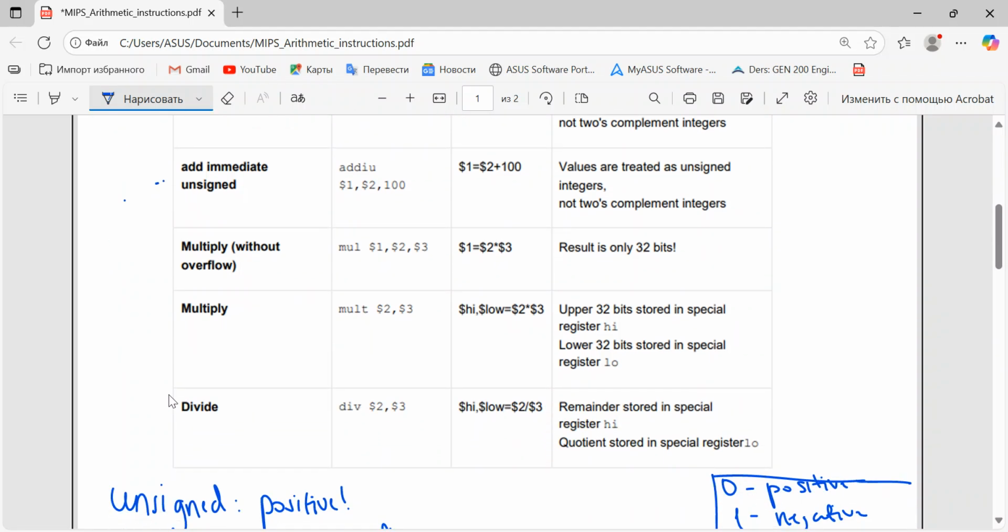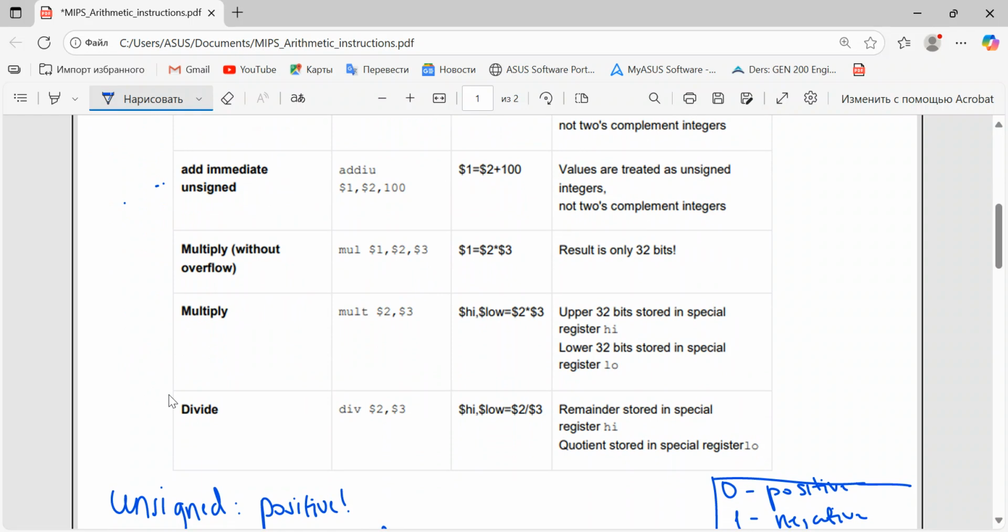Okay, multiply without overflow. It means that if we multiply two 32-bit numbers and the resulting number is going to be more than 32 bits, we exclude those 33, 34, 35 bits, and we keep only 32 bits. Let's say in other simple English words, out of range bits are eliminated. We don't use them. Only 32 bits. In other words,